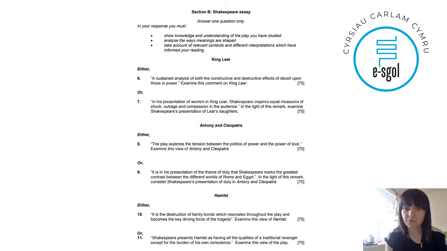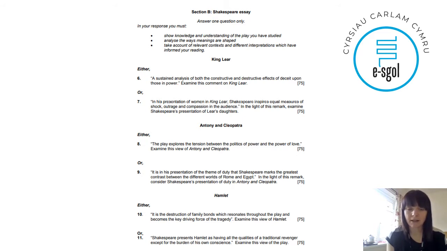Play explores the tension between the politics of power and the power of love. Examine his play Antony and Cleopatra, so looking at power, politics, control. It is in his presentation of the theme of duty that Shakespeare marks the greatest contrast between the different worlds of Rome and Egypt, so looking at duty, okay? In Antony and Cleopatra, and then if we just quickly look at the Hamlet one, destruction of family bonds